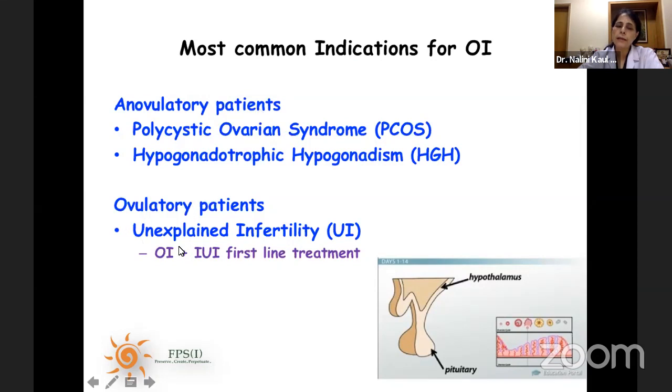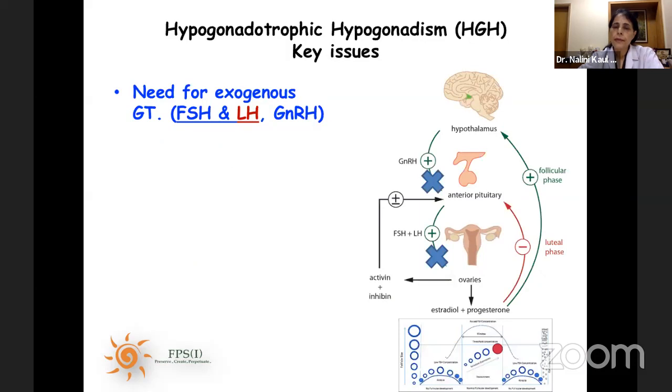And in the ovulatory patients, it is unexplained infertility. And ovulation induction and IUI is the first line treatment in these patients before we move on to bigger things like IVF. Now let's look at the key issues in hypogonadotrophic hypogonadism. The first most important thing is the HPO axis is not working, and you need both FSH and LH to be provided from outside. So there are no GnRH pulses,